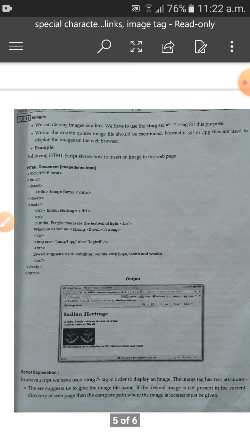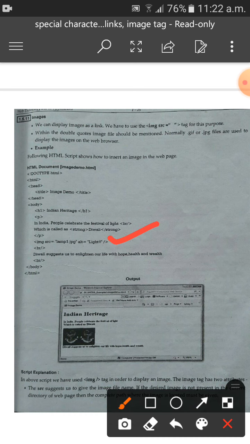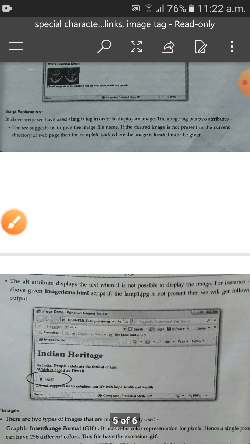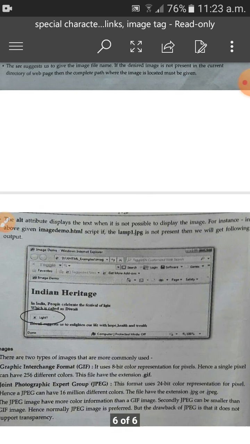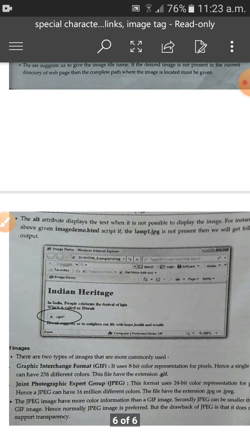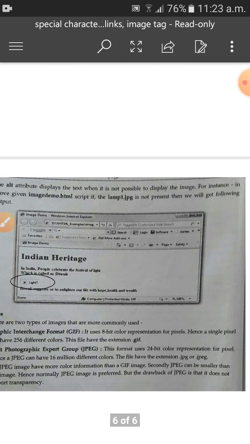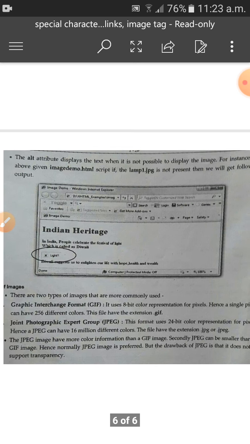Here we gave the text as light, and that text is displayed instead of the image. For instance, in the above image demo.html script, if lamp1.jpg is not present, then we will get the following output.